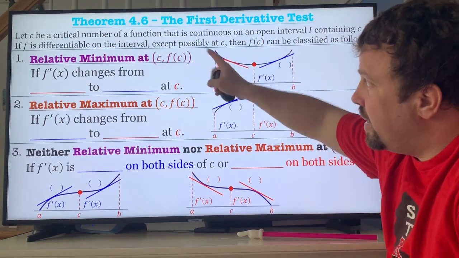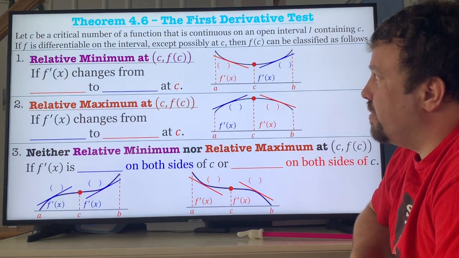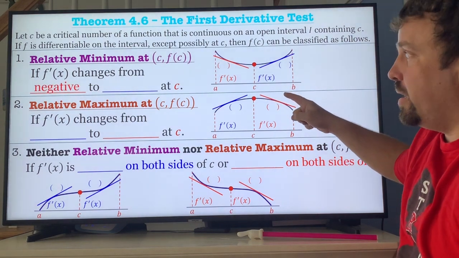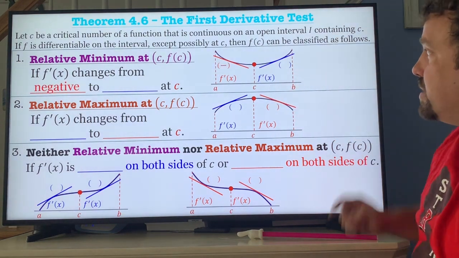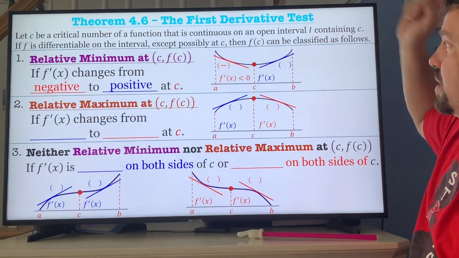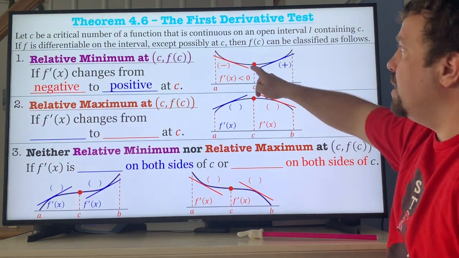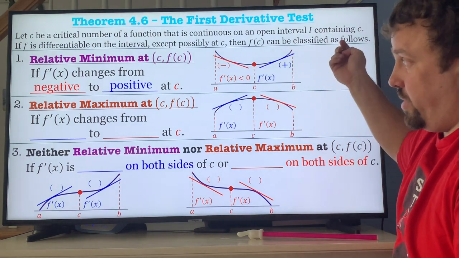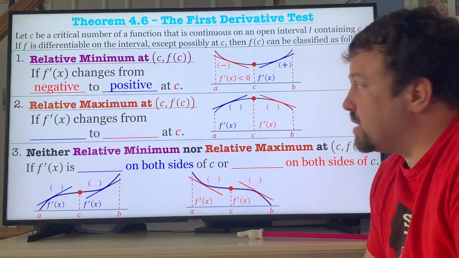Number 1, is it a relative minimum? That's if f prime of x changes from negative to positive. Negative slopes go down, positive slopes go up. So if you go from a negative slope to a positive slope, you have a minimum. Pretty obvious. So you have a maximum when you